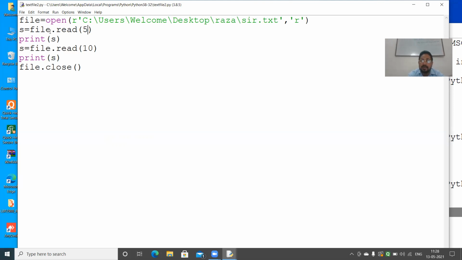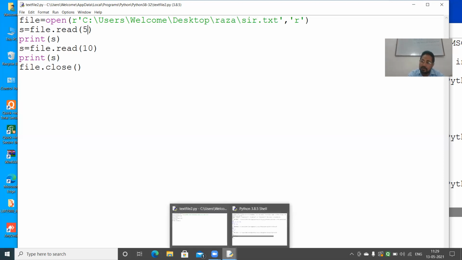After that, if you use file.read and you are not giving any number, s = file.read(), and then you are printing s, you will get the complete result, that is the full three or four lines, whatever is there.